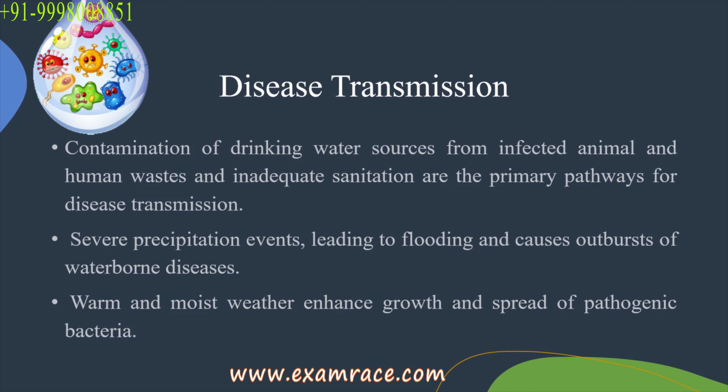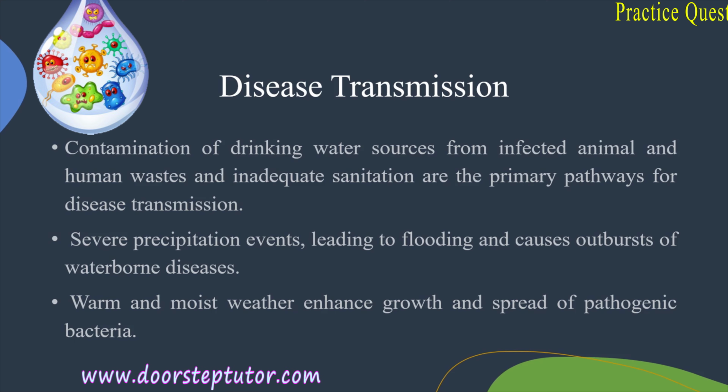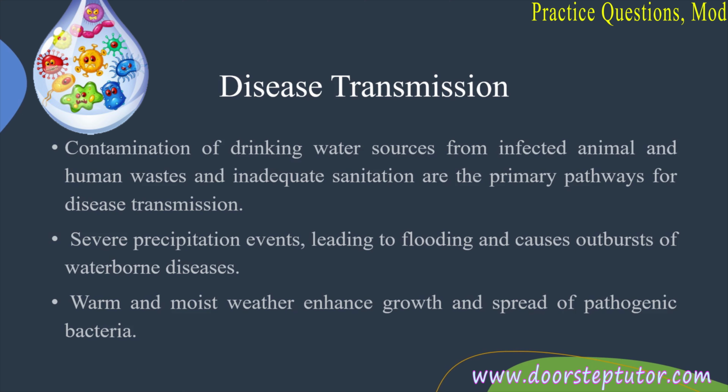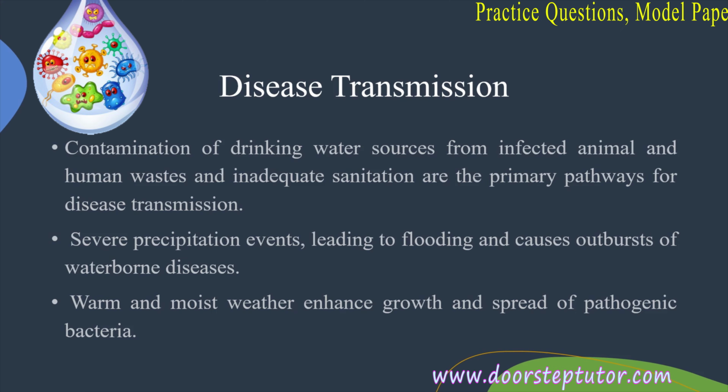Next is the disease transmission. How does the waterborne disease get transmitted to us? By now you must be knowing that diseases could either get transmitted to us because of human beings or also because of infected animals. So even in the case of waterborne diseases, the water bodies could get contaminated due to some infected animal, or it could also be due to human that is infected and their wastes when it gets